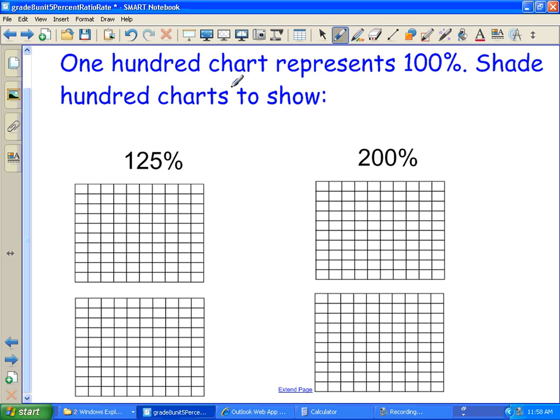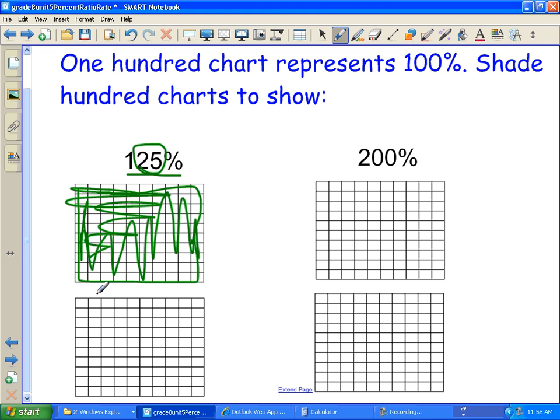All right, first, we got a 100 chart that represents 100%. Now, if we want to represent 125%, we're going to need one whole chart, because this is 100%. We're going to need to shade in everything. And we need 25% more. So I better shade in 25% or 25 of these blocks more. So 1, 2, 3, 4, 5. 1, 2, 3, 4, 5. I'm going to shade in basically 1/4 of this right here, like that. So that would give me